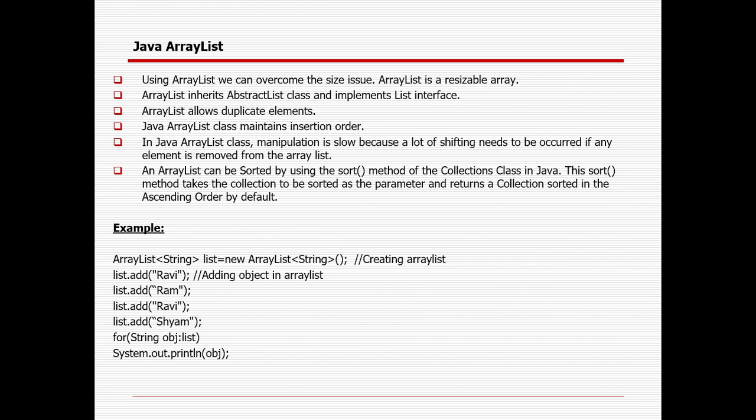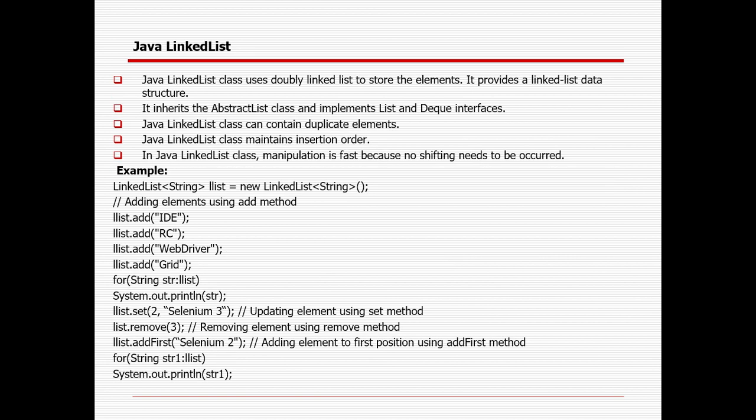Then linked list, so it is nothing but the double way. I already mentioned, right? It is implementing the list interface and the Deque interface. So Deque is the double-ended queue. So it will behave in the same way as the list, as well as it will take advantage of the Deque interface. Suppose we are adding a value, after that we can remove or add the value from both sides, because both sides are open here, because it is implementing both the interfaces, list and Deque. So that is the linked list.